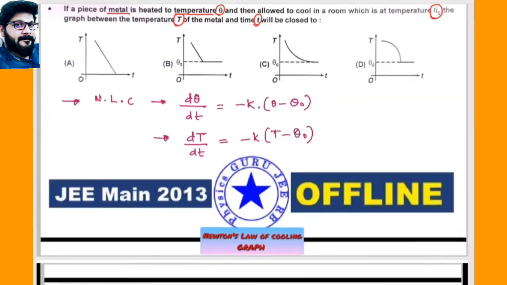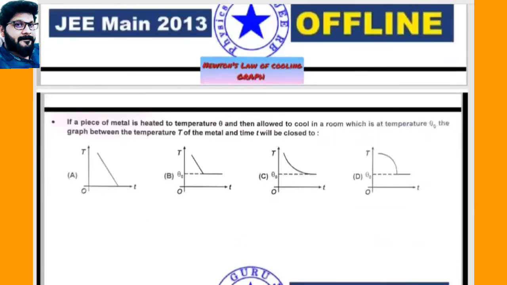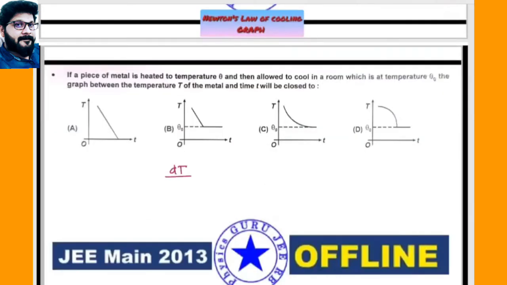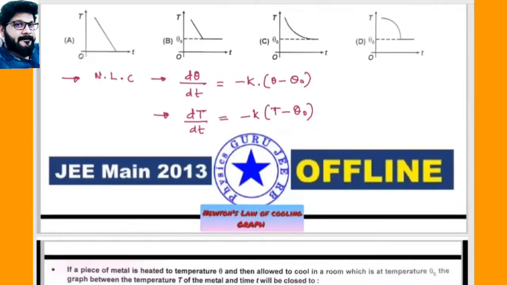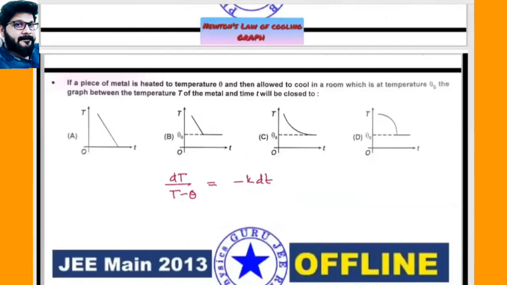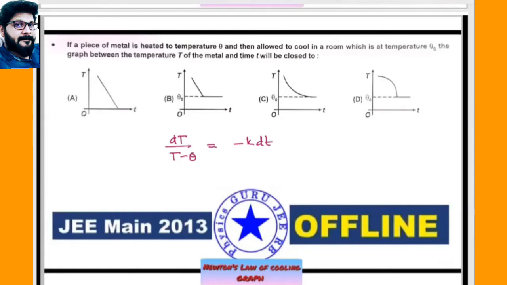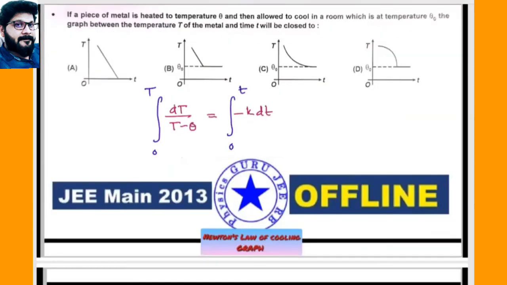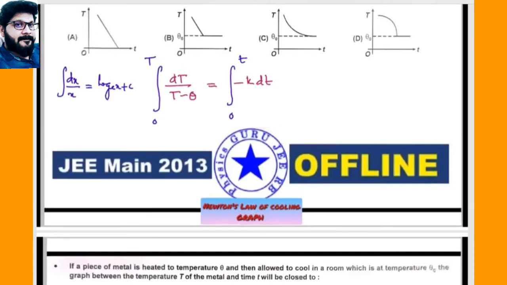Now the same process as we did in the previous sum. So dT by T minus theta naught equals minus k into dt. I just rearranged the equation: T minus theta naught is taken to the LHS, and dt to the RHS. Now hope you got an idea. Now we have to integrate from here onwards. When I integrate on both sides, 0 to capital T, here 0 to small t, right? Now we discussed the integration of dx by x equals log x plus integration constant, or we can take it as log base e of x.